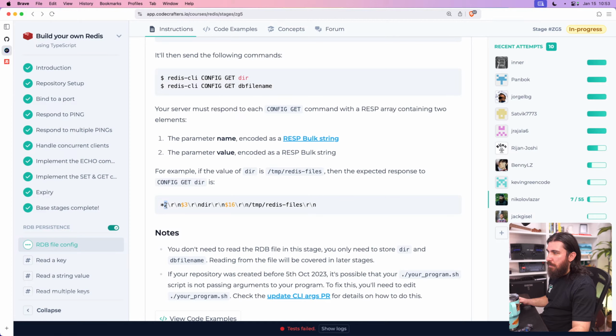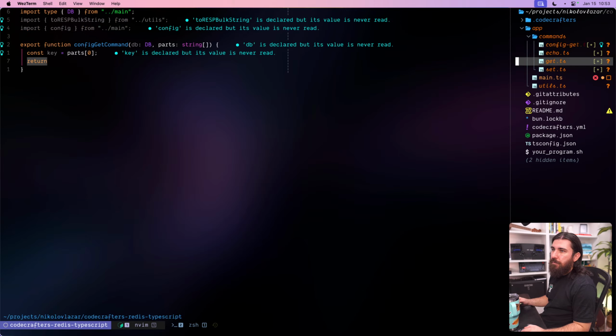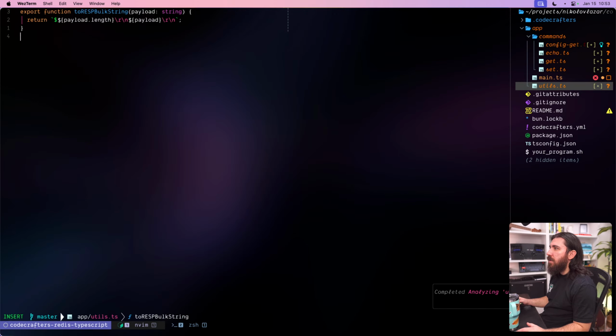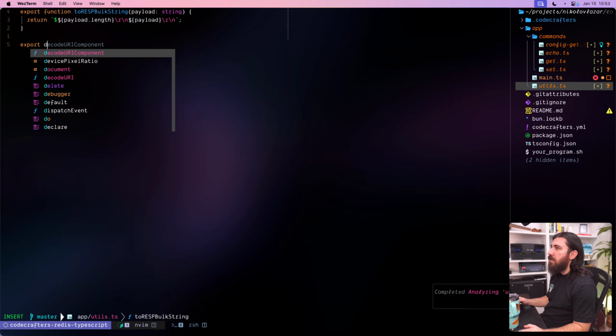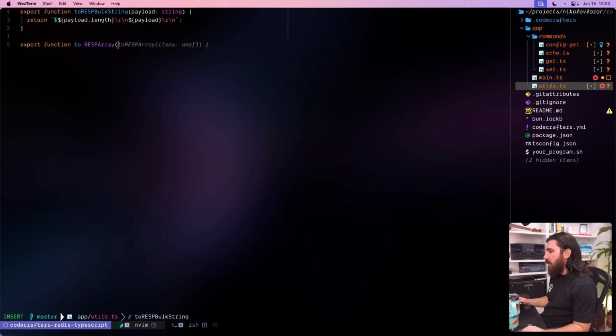So this is probably the, oh yeah, there we go. Okay, here's what we can do. We have the utilities here, right? And we can say export function to RESP array, and we can get the